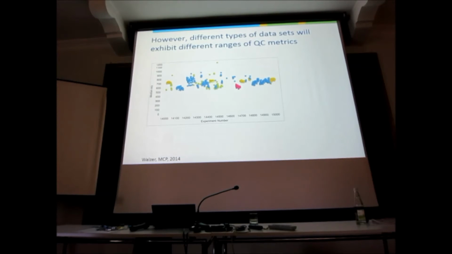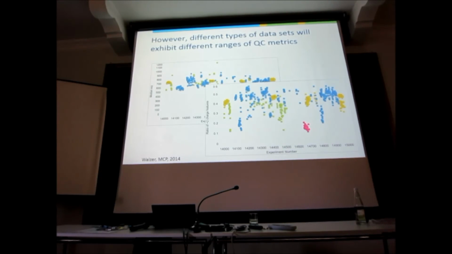Now you can set it for the yellow stuff, it should look like this, right? This is a different metric, and this is a much less useful metric, because for some of the experiments it's all over the place. Unless all of these experiments are complete crap. No? Now, before you start going through the papers from Ghent and thinking that they're all bad, this is actually a standard sample that they ran. So it's not a real proteomics sample. But it's different standards and different protocols.